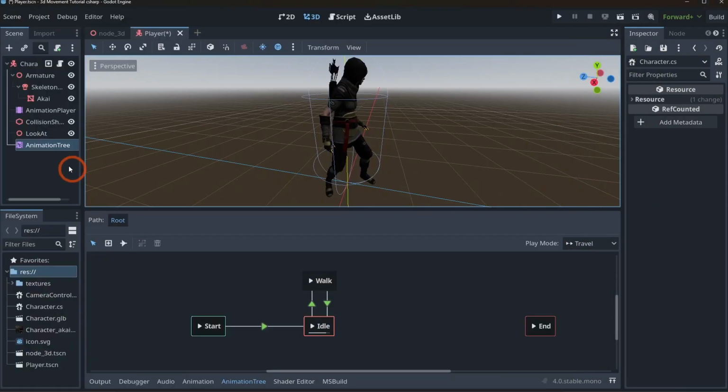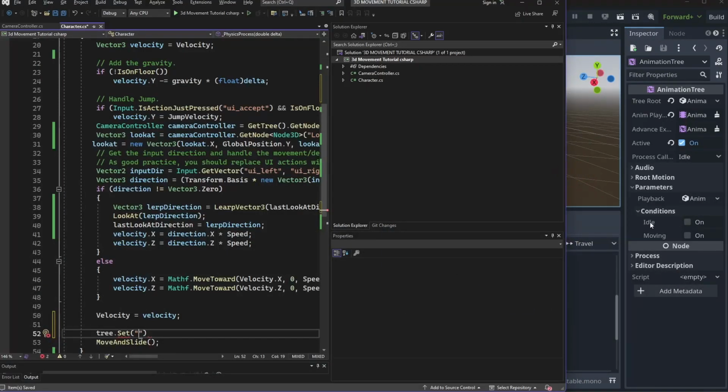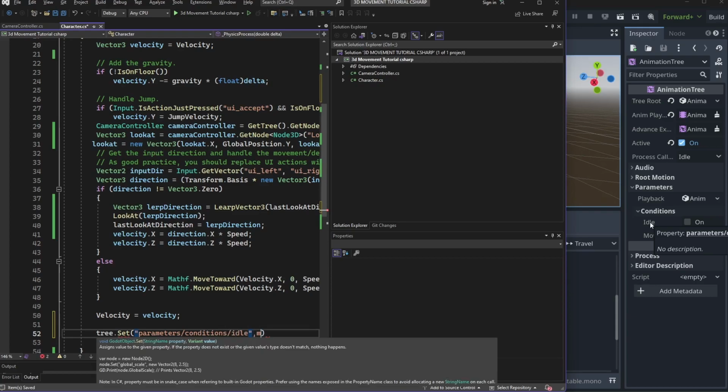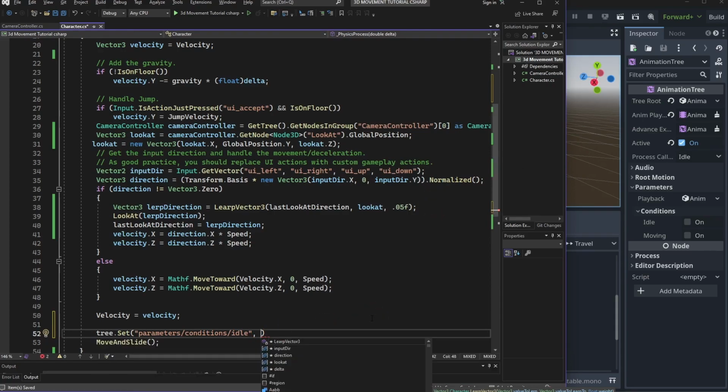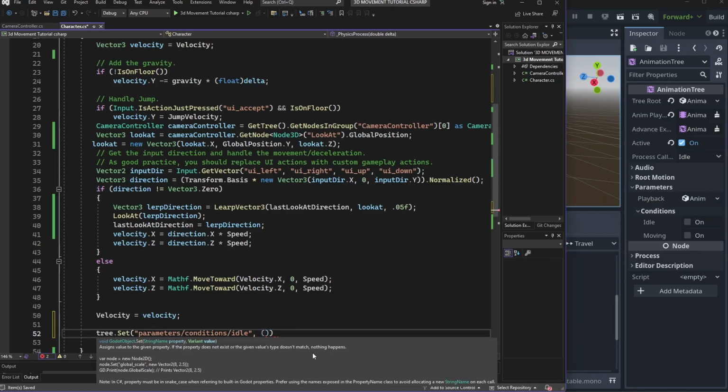So if we come over here and we click on our animation tree, we hover over idle, you'll see it's parameters / conditions / idle. So what are our conditions for idle? Well, if a character's idling, they're usually on the ground and they're usually not moving, right? That's an easy way to determine if you are in idle state. So we'll come over here, we'll put a parentheses like so. We'll say is on floor, comma,